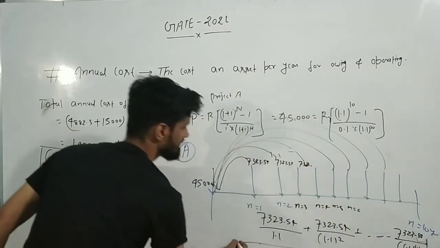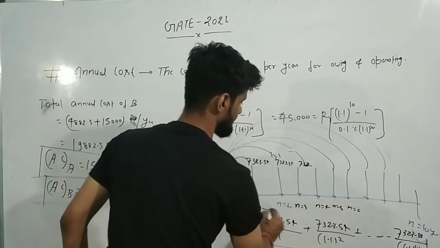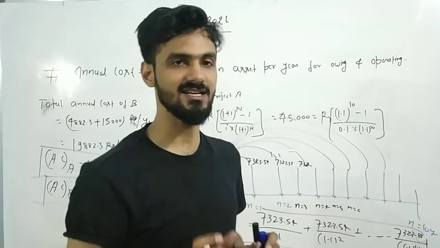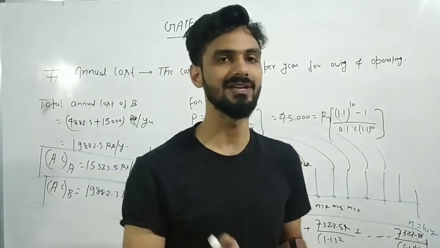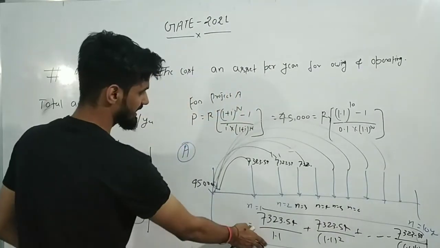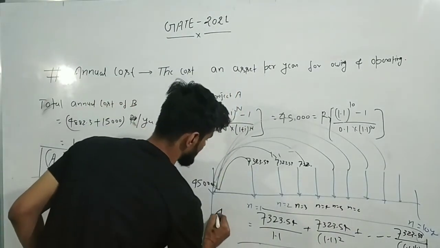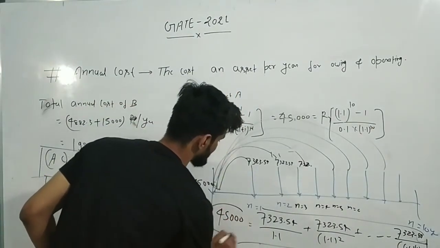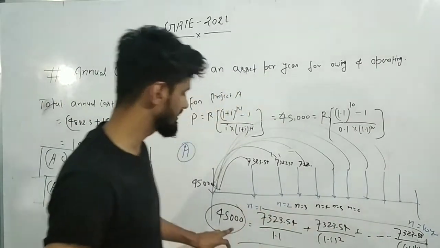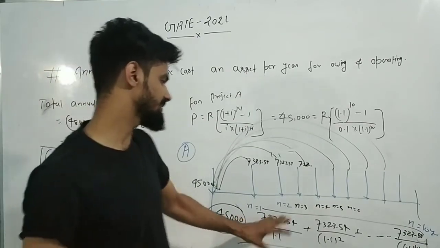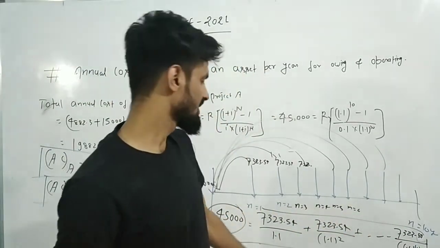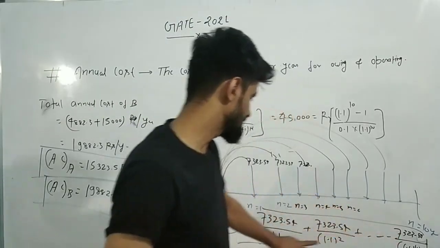Now if you add all these values, because I already told you, if you convert all the cash flow into its present value, then the sum of all these cash flows will give you the net original value of that asset. So you will get 45,000 from here. If you are getting 45,000 from this particular value, then your answer is correct. But if you are not getting 45,000 after calculation, then your answer will be wrong. So you can check your answer while calculating these things also.